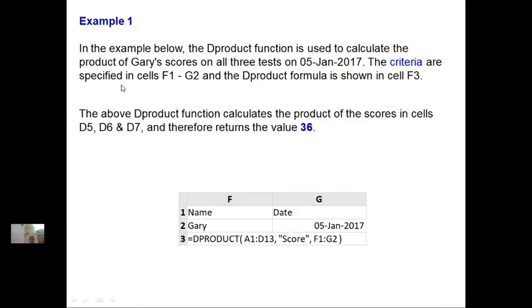Now here in the example below, the DPRODUCT function is used to calculate the product of Gary's scores on all three tests on 5th January 2017.